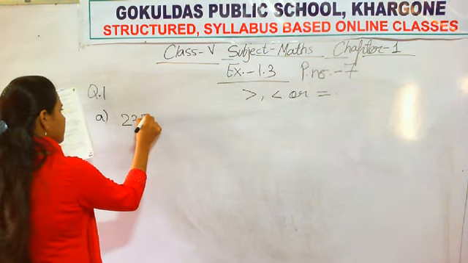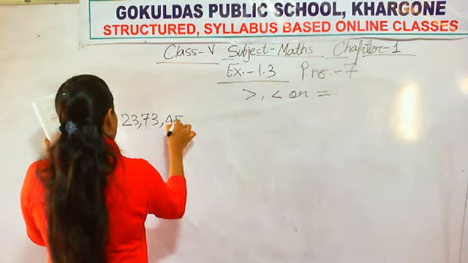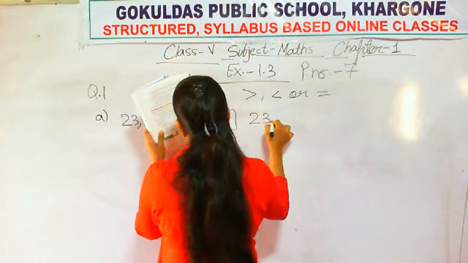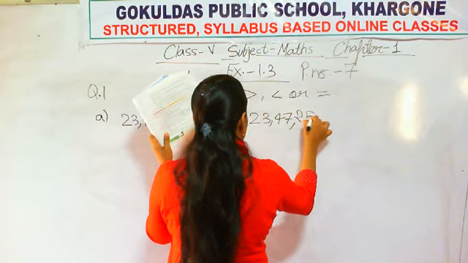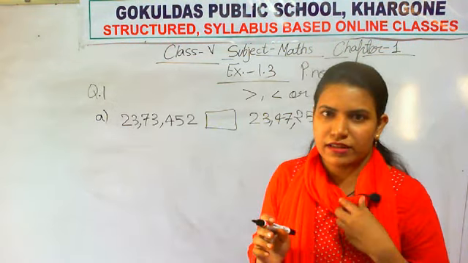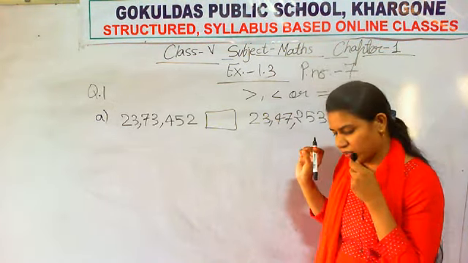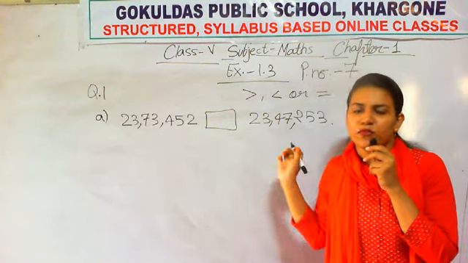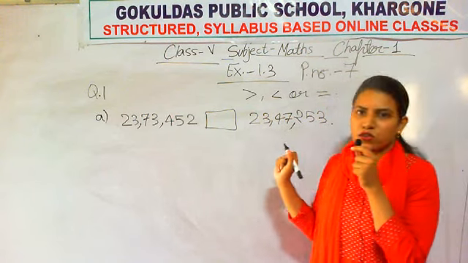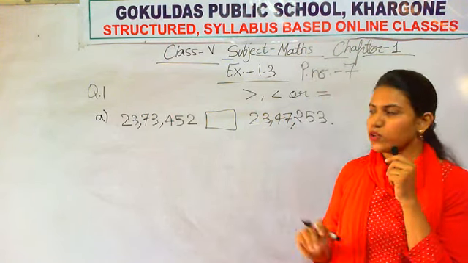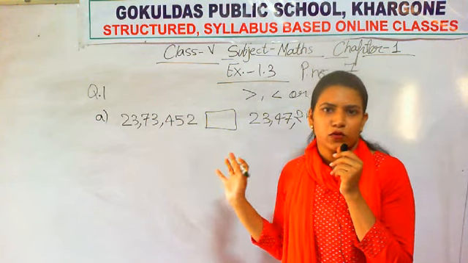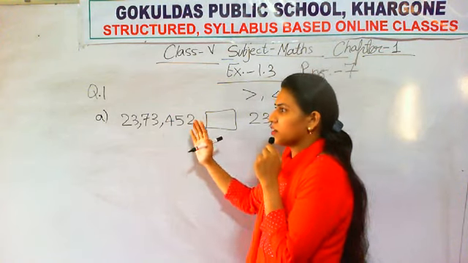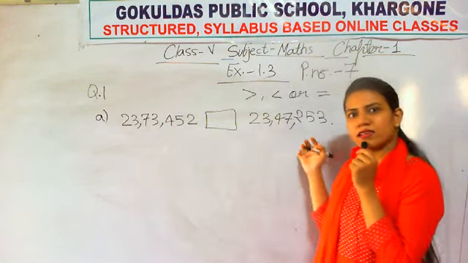The first numbers are 23,73,452 and 34,72,53. If you want to do the comparison and have any doubt, you can use a pencil to mark the numbers, and later when you have done, you can erase the pencil marks. According to our first rule, here we have to compare two numbers. What do we need to do? We will count the number of digits in this number and in this number also.